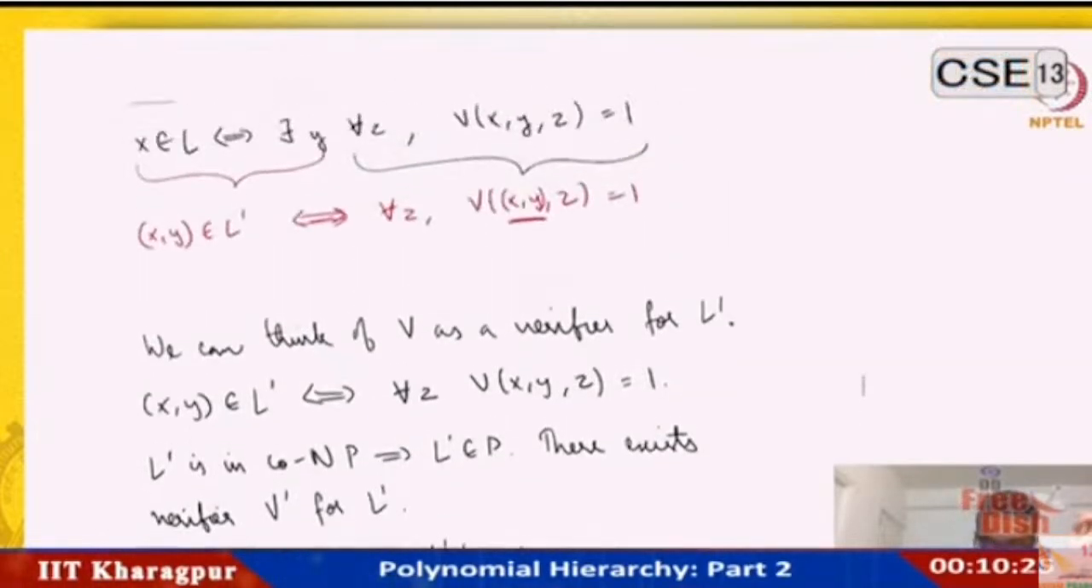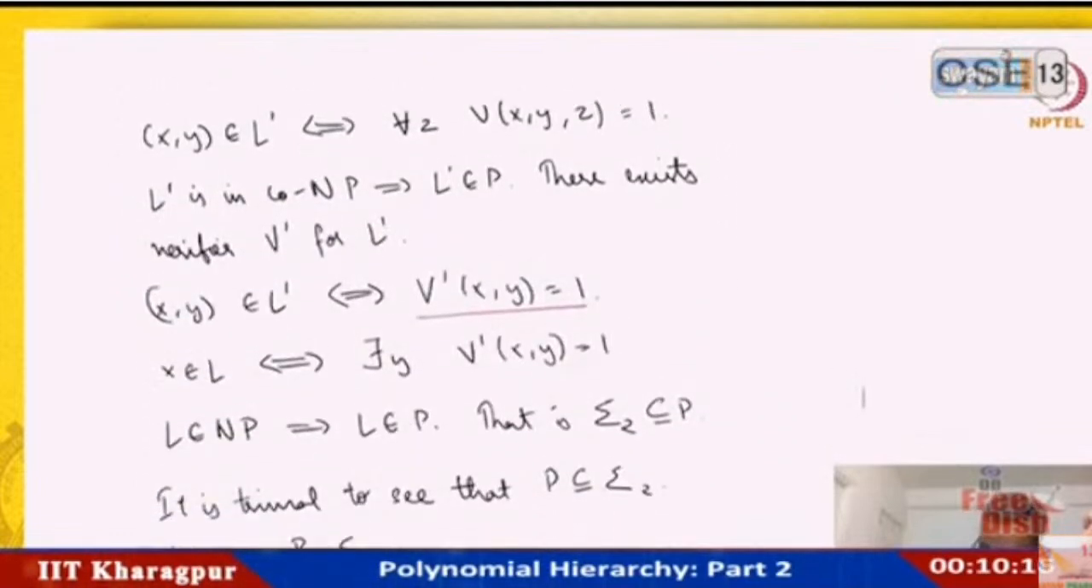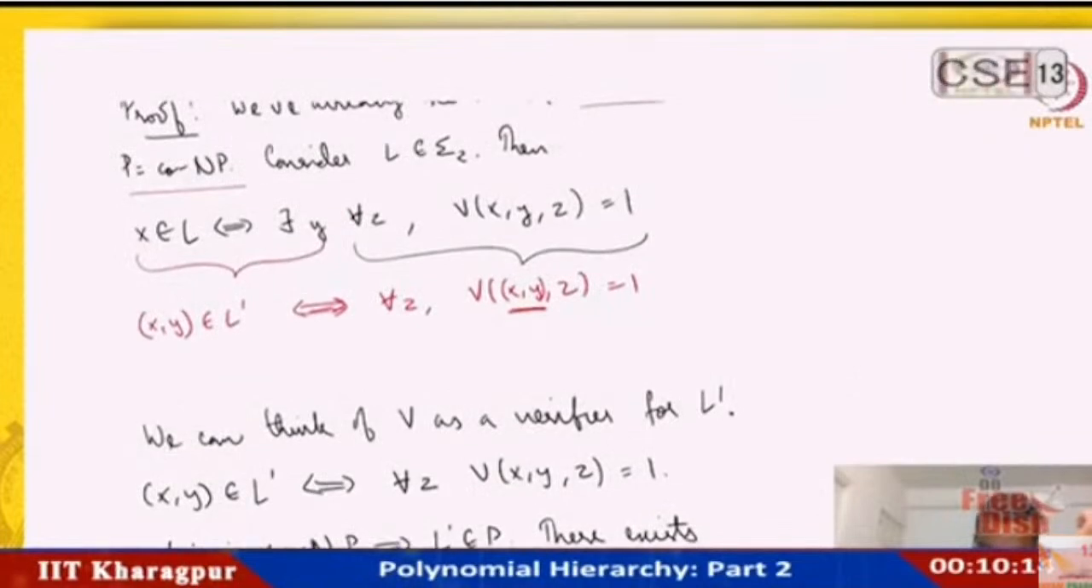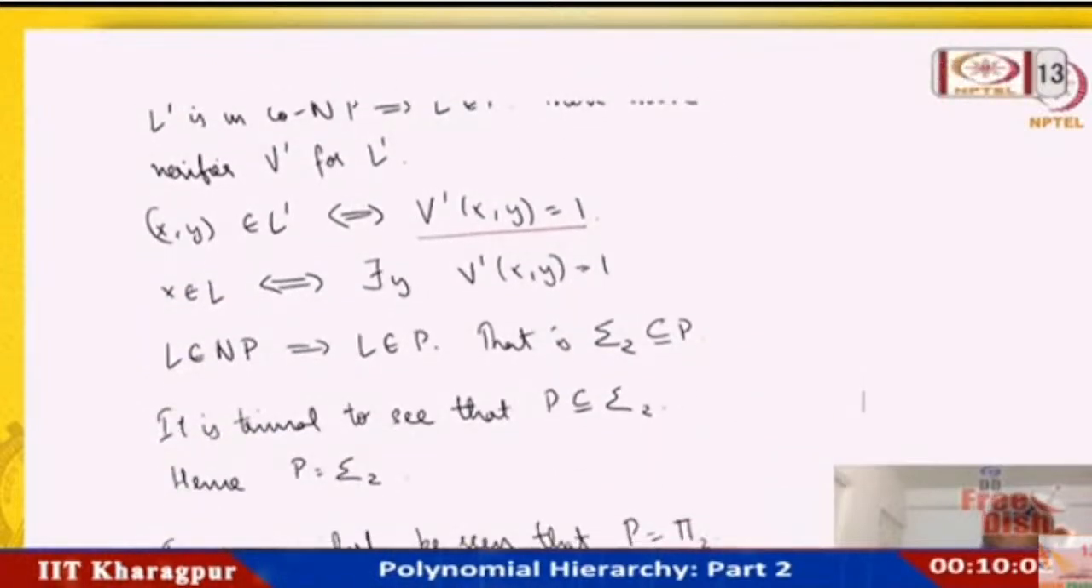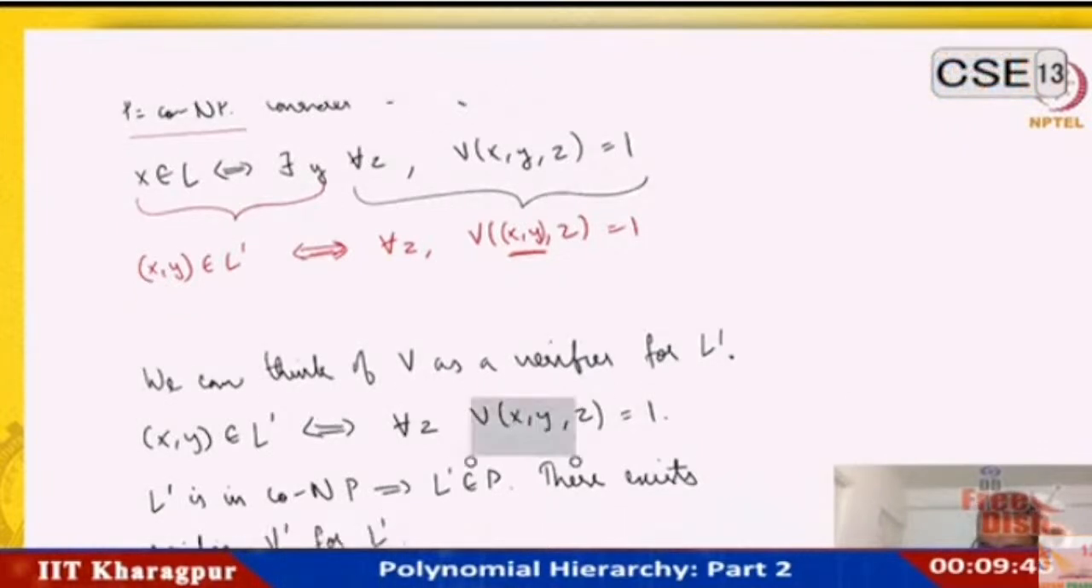Now let us try to plug things back in this, right? So V prime xy should be equal to 1 is what I said, right? So now let us try to plug things back. So xy is in L prime if this is the case. Now I can write it as x is in L if and only if there exists y such that, right, now instead of this thing I can just have a single